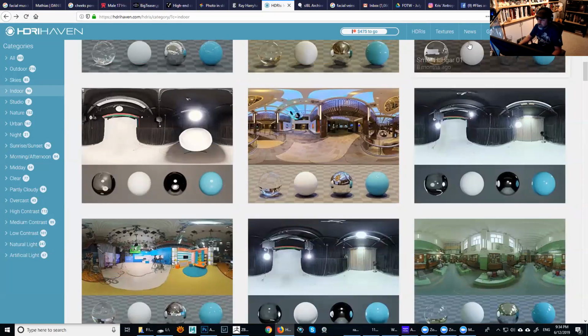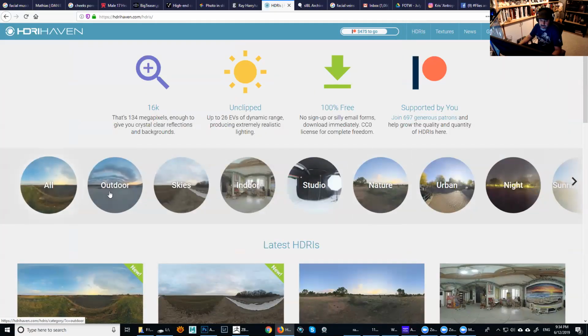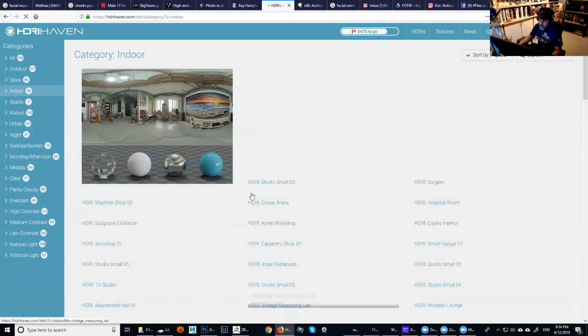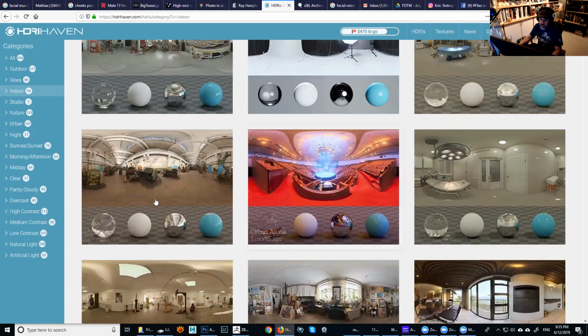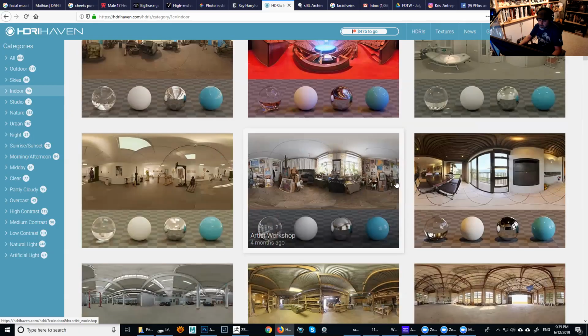If you go here, you have the HDRIs and then you have the gallery, so everything is separate and very well organized. I normally go for the indoor stuff and stay in there. I like side lights, side and top light, the most. If you find something like this art studio, you have the windows in there, so you're going to have a nice side lighting, depending on how you rotate your